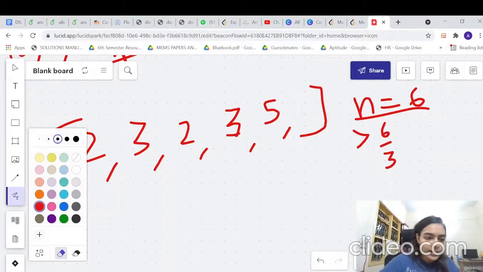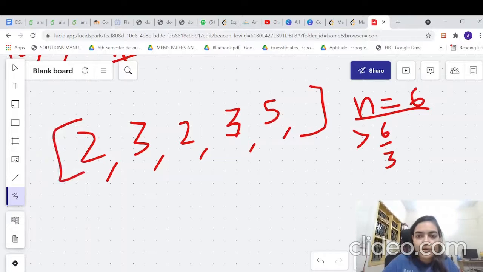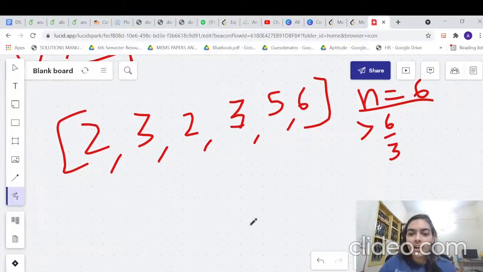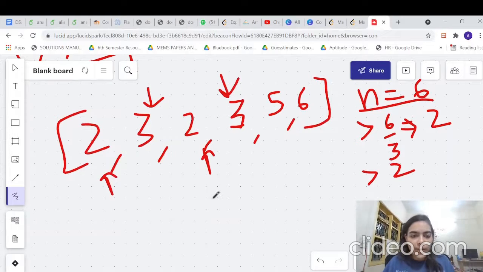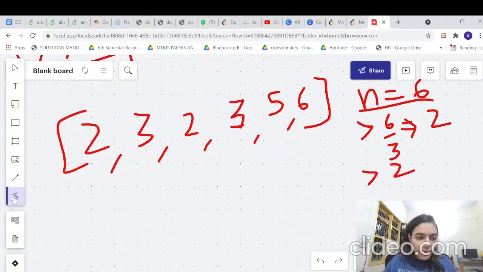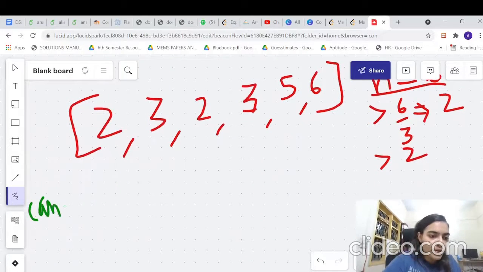So let me take some other example to show you the case when there are no answers. It should appear more than two times. In this case there is no winner because 2 is competing, 3 is also competing, but none of them is appearing more than two times. So what will happen in this case? Let's start and see the one time approach. So I have candidate 1, I have candidate 2, right?